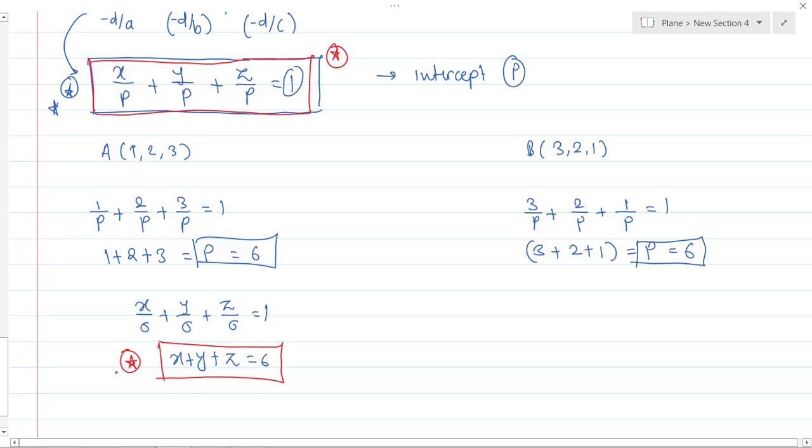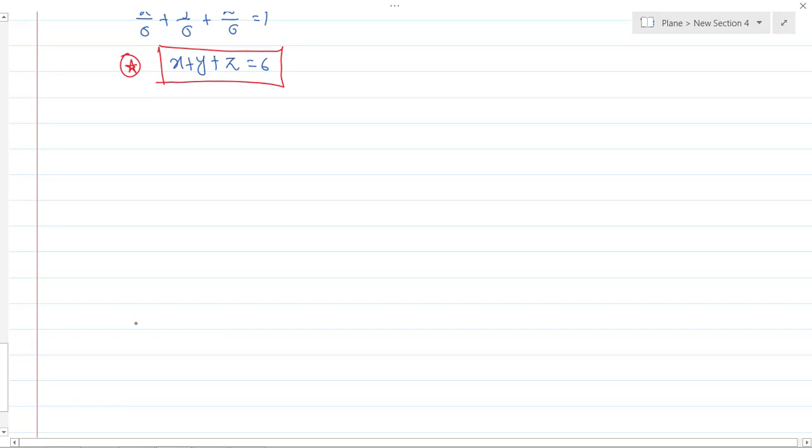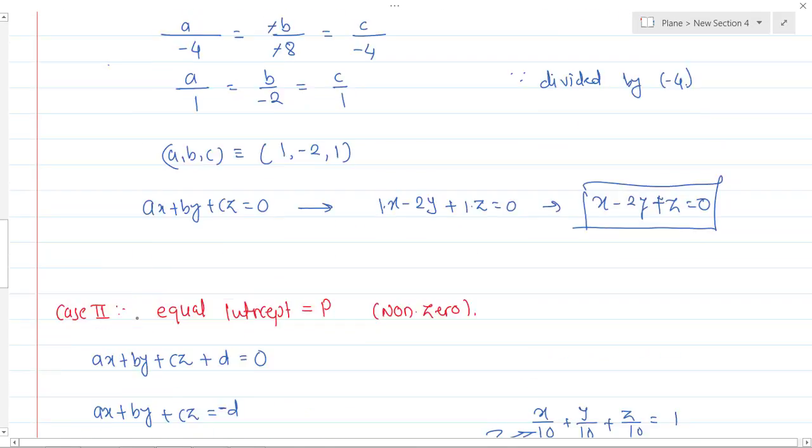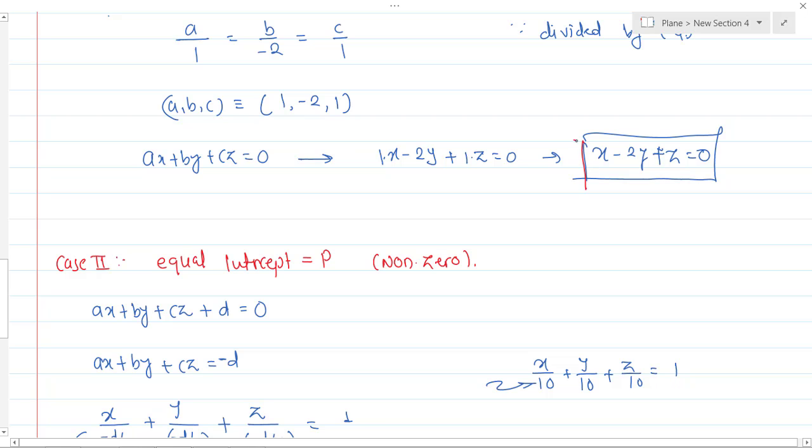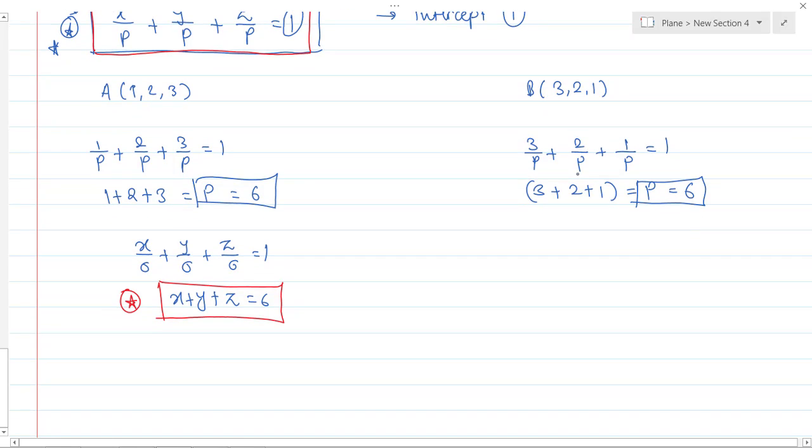Okay, great. चलो तो दो आंसर्स क्या हो गए अपने. Our first answer is x minus 2y plus z is equals to 0. This is my first equation, that is the first part के लिए, which is equals to 0 intercept, and this is the second equation of the plane which is making an intercept of p. Okay, good. So this 6 value we get because of these points a and b. I hope you understand this question.